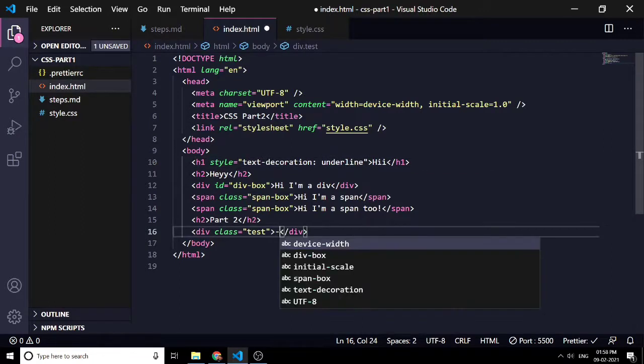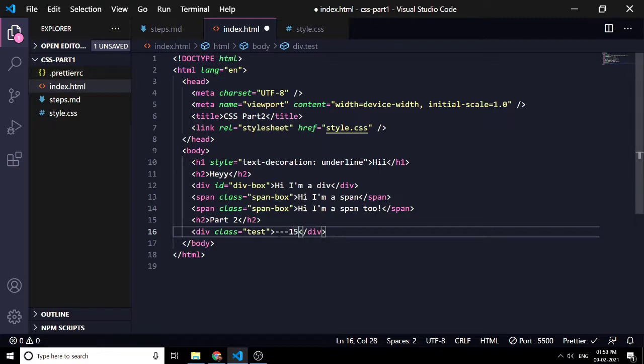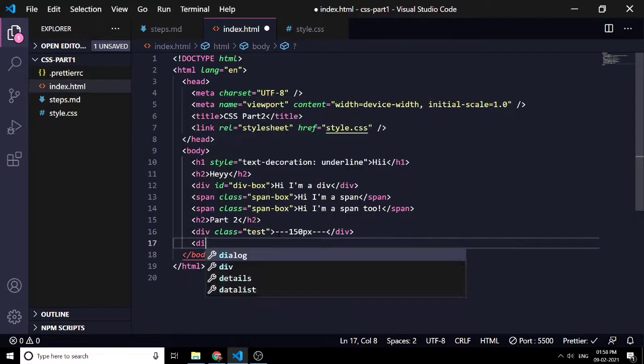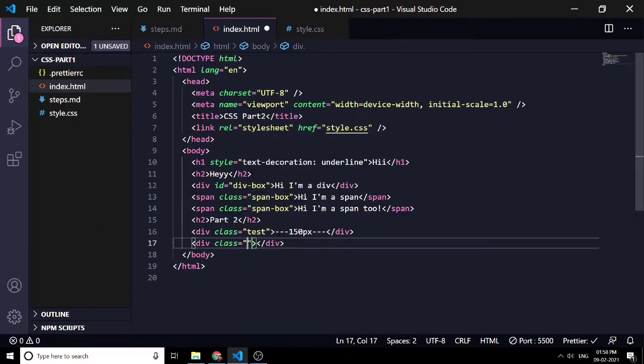Which will be of 150 pixels. We'll use it as a reference and we'll see everything in this one, which is of class real, or we can say the test one that we'll see.